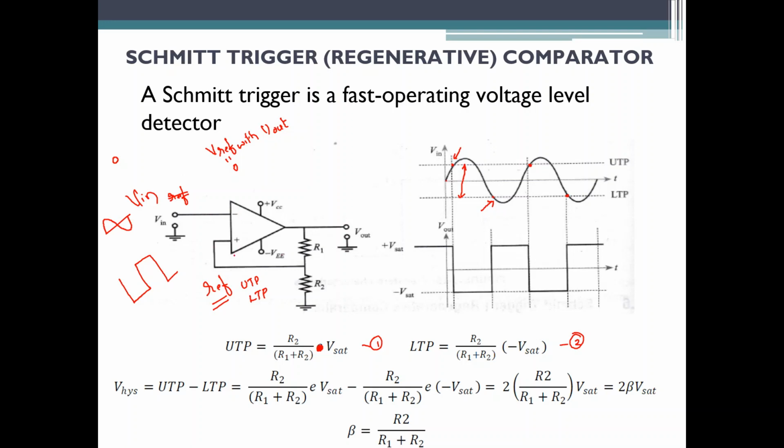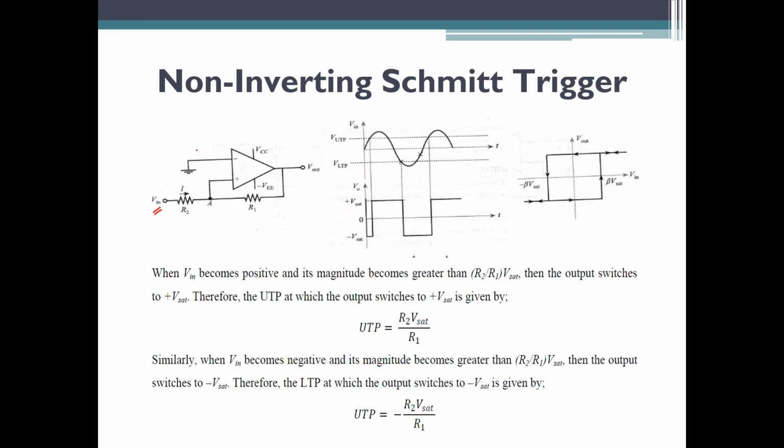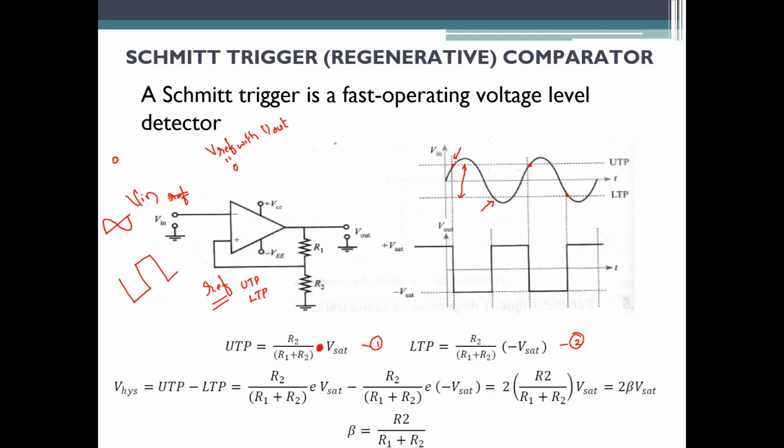In the non-inverting split trigger comparator circuit, the inverting terminal is grounded and the non-inverting terminal is fed with the reference voltage as well as the input voltage. So the input voltage will get compared with the reference voltage here. The only difference with respect to the inverting split trigger circuit is that in the previous circuit, when the input voltage crossed the UTP, or the upper triggering point, your output used to go negative. If you want to check, you can see here, when the input crossed the UTP, your output was going positive.